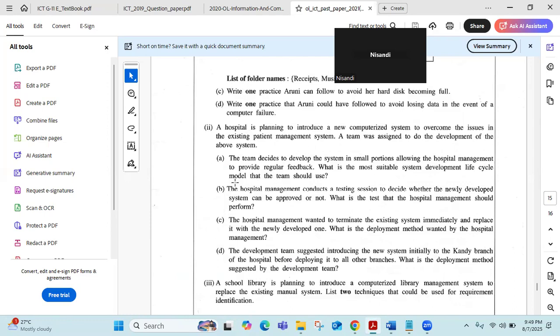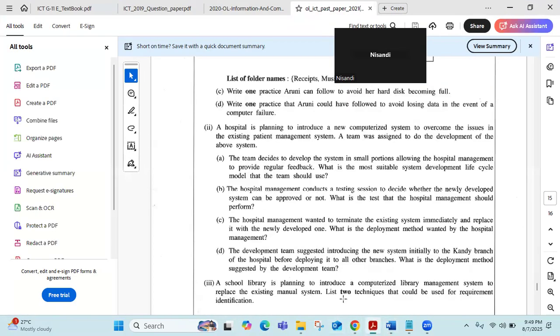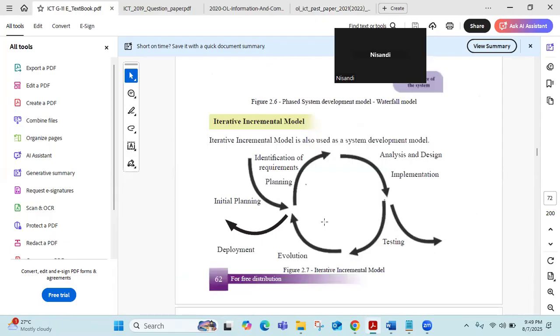So it is the iterative incremental model, no? This is the model you have to use. That means if you are getting feedback and developing, carefully see here. If you are getting the feedback, if you are getting